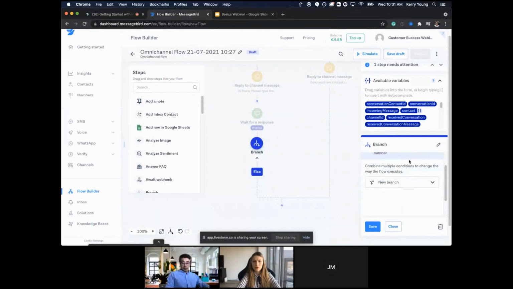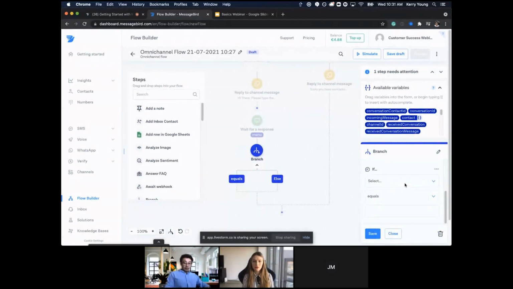So with the branch, what we are going to do is we are going to branch based on the message content, and we are looking at the wait for response, which is in this case called the menu. What you can do is if you enter the 2 squiggly lines, Flow Builder will prompt the recommended variables or the options that are available. But I will just type